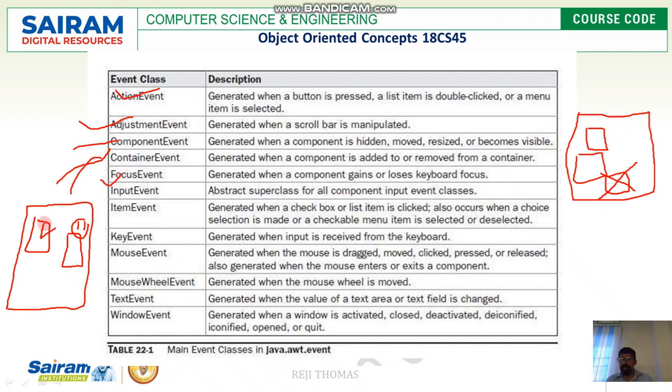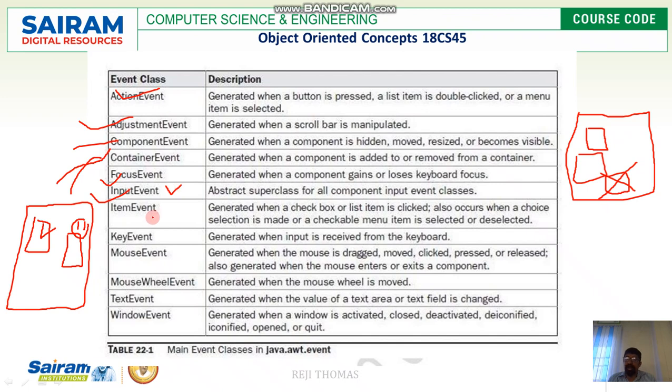Next one is the input event. This is the abstract superclass for all component input event classes, which inherit from it.